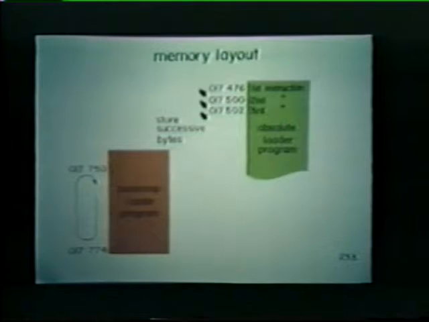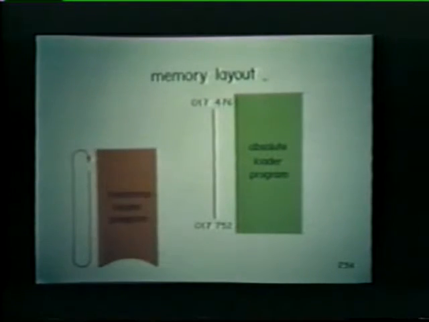The Bootstrap Loader continues looping, and the remaining data bytes that make up the Absolute Loader program are stored in successive memory locations. Each word location contains 2 bytes of information or 1 complete instruction. Execution of the Bootstrap program continues until the entire Absolute Loader program has been stored in memory. Notice that the Absolute Loader program occupies a block of memory between locations 017476 and